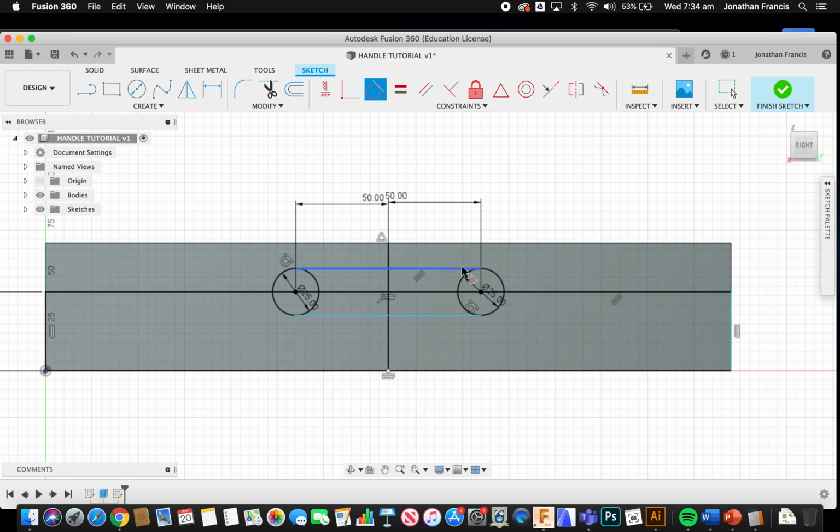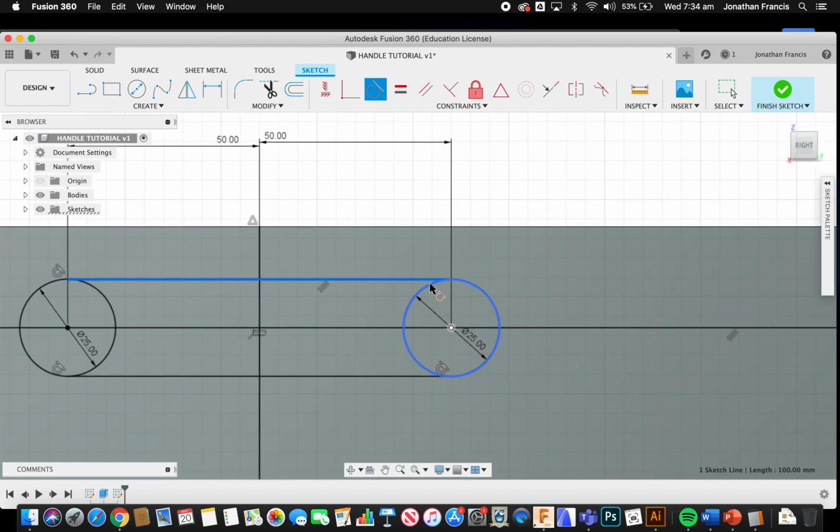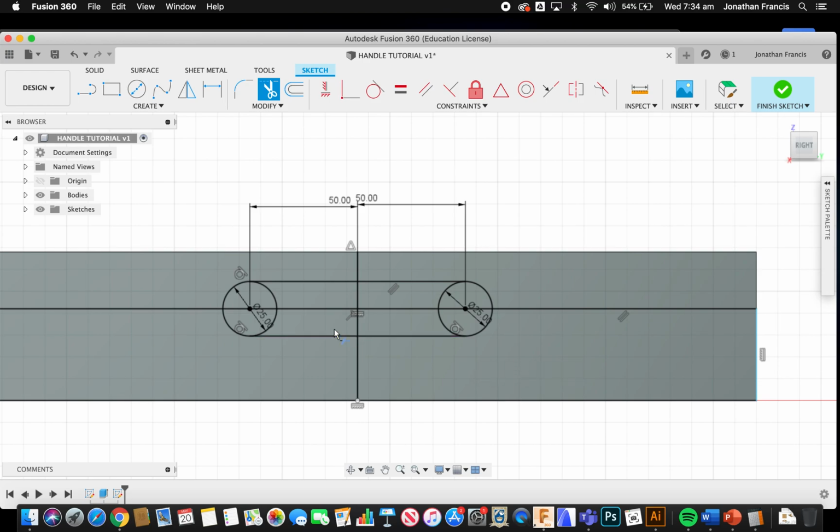So I'm going to select the tangent tool, the line and the circle, and it should then give me a tangent. So I have that one there, and this one looks like a tangent. I think it's working for me. Okay, I'm going to hit trim and trim out all the bits that I don't want